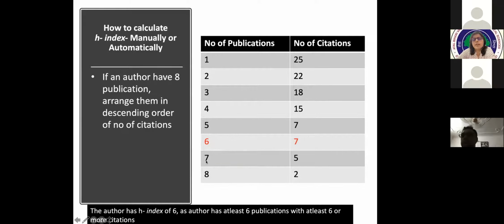That means for the n number of publications, the citation is less than the number of publications. It can't be the H index. The author has an H index of 6, as the author has at least 6 publications, like here 6 publications with at least 6 or more citations. I hope it is clear.